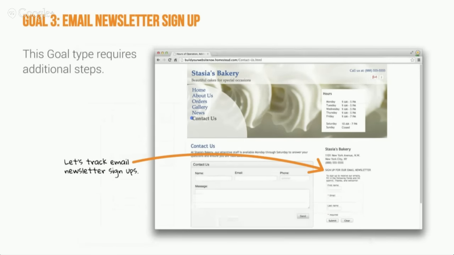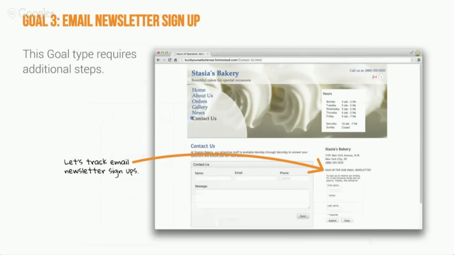Or a third goal, an email newsletter sign up. If I'm with Stasia's Bakery and I want somebody to continue to get updates from me, if I've got new muffins coming out, new croissants, whatever those new flavors and ingredients are that I want to have out there to my users, I can set it up so they can get contacted by me regularly. It's an opt-in process, so somebody can come in and get the newsletter regularly, and we can set up a Google Analytics tracking code on the back end so that we know that this tracking was completed.